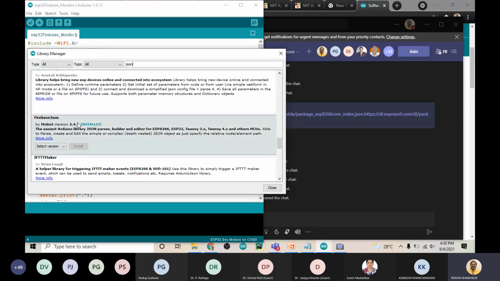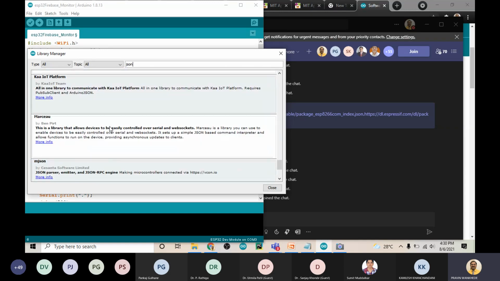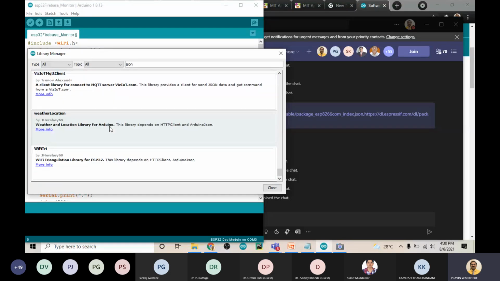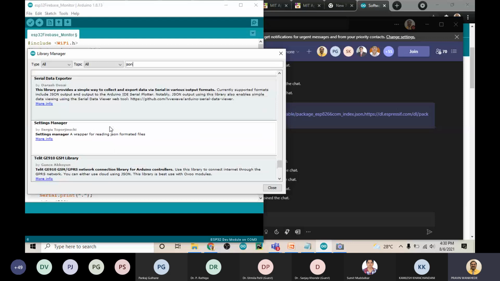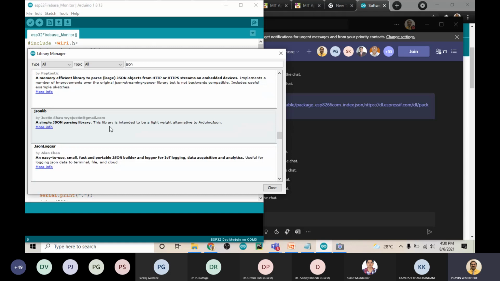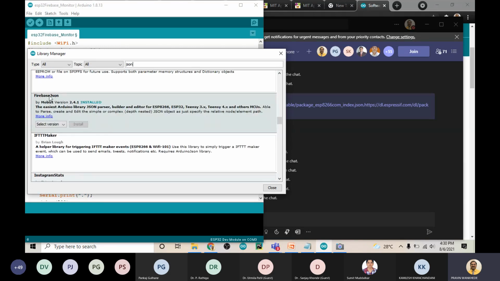This is another one, Firebase JSON, that you have to install. So this is the library that you have to install. That is the Firebase JSON.